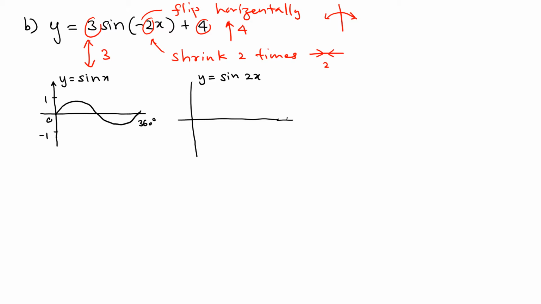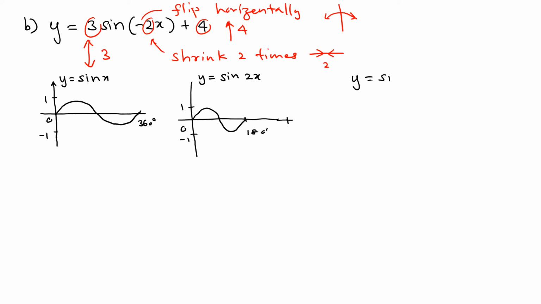That means the whole graph now stays between 0 and 180. So it's one cycle, but between 0 and 180 now. So the graph is going to look like that. It's going to shrink. So it is 1 and -1. There is no change to those numbers. And then what we can do is we can have